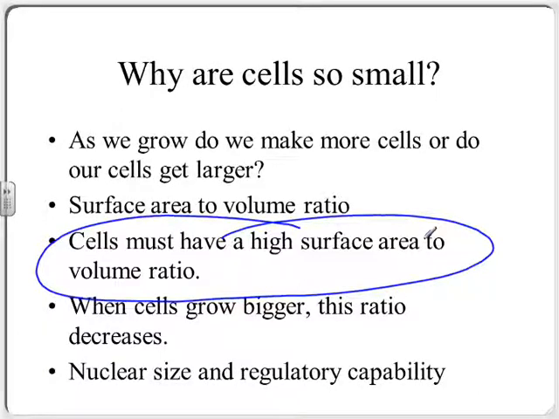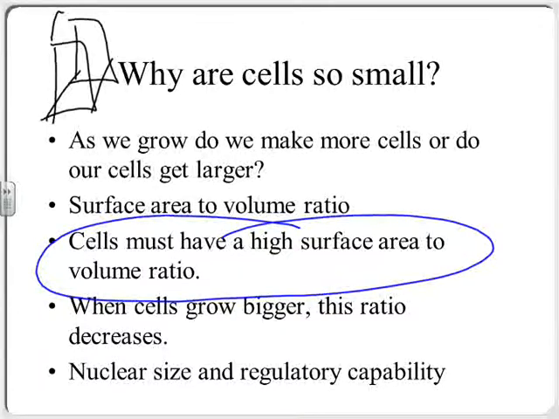Let's say we had a cell that was a cube. And this is going to be a very terrible cube because my board's off. But let's just imagine that was a cubic cell. That's a cell, and its dimensions are 1 by 1 by 1. Let's say we're talking about micrometers, small units of length. 1 by 1 by 1. And we've got this 1 by 1 by 1 cell.